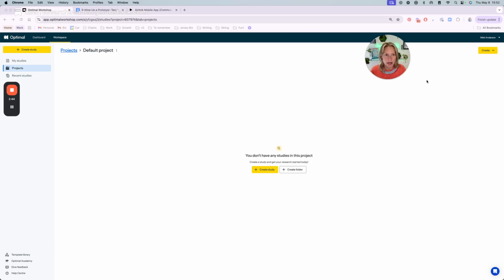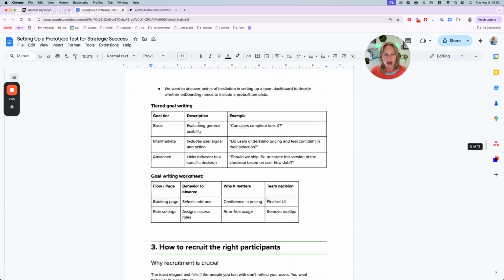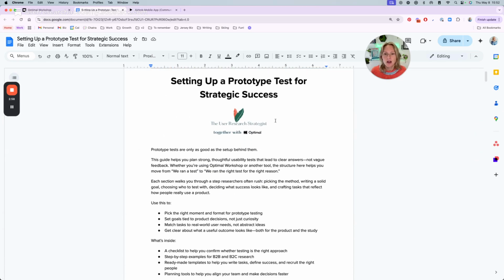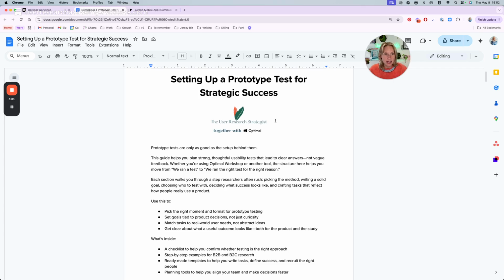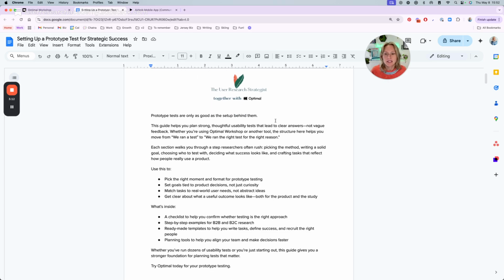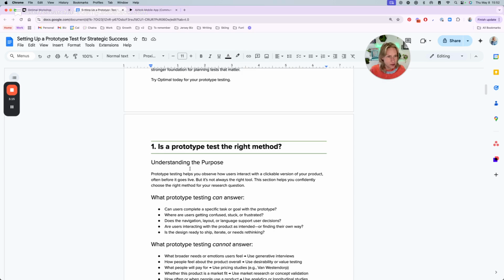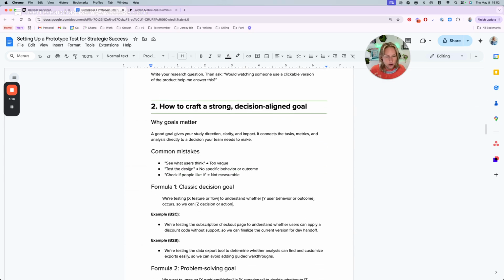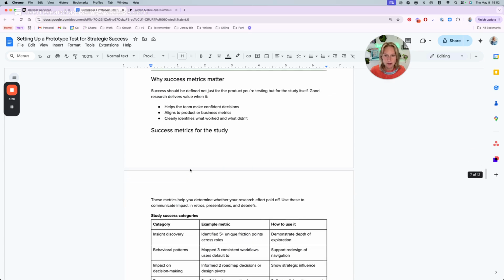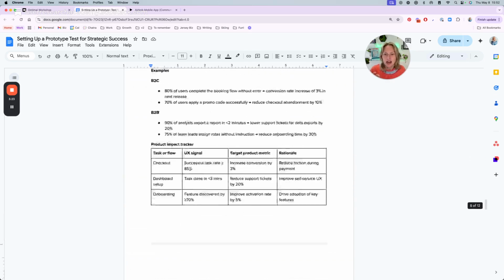So I am going to showcase today how I really think through setting up a prototype in the best way possible. And I'm going to be using this particular guide that I created. This guide will be linked in the show notes as a template so that you can use it to help you facilitate setting up prototypes in the future. And it goes through making sure prototyping is the best method, crafting goals, recruiting participants, success metrics, and then finally